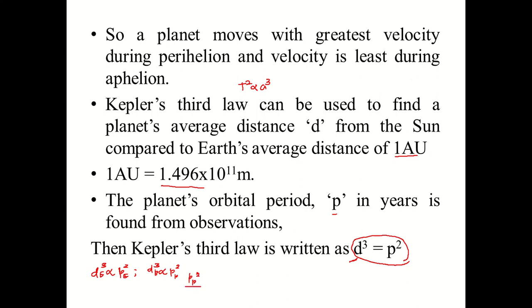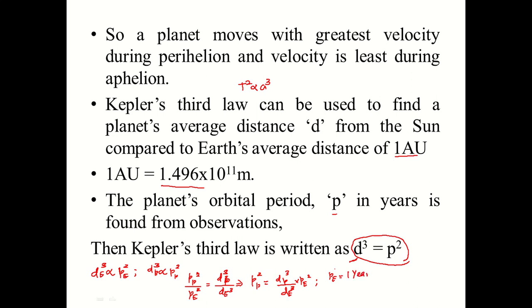Now if we divide these two equations, then we will get P square divided by PE square, period of Earth, is equal to dP cube divided by dE cube, which implies PP square, that is, the square of the period of a planet, is equal to dP cube divided by dE cube into PE square, where PE is the period of Earth's revolution round the Sun,